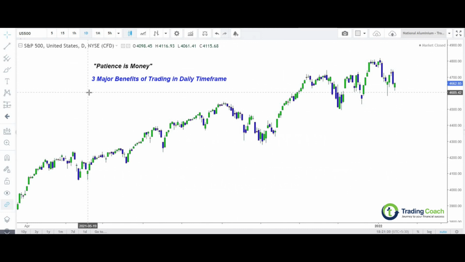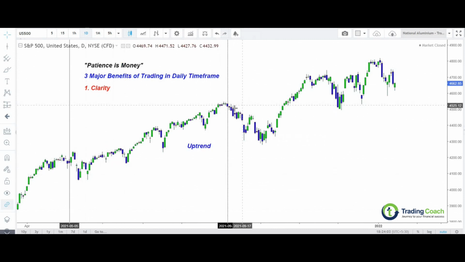One of the most important benefits that you will get from trading the daily chart is clarity. For example, when I'm looking at this particular chart, this is the 1-day chart of S&P 500. If you look at this chart, you can get a kind of clarity in the market, right? For example, you can see that the prices were in an uptrend from this point to this particular point. Let me mark it out. So we can see an uptrend, and I have marked the starting point of the uptrend exactly from here